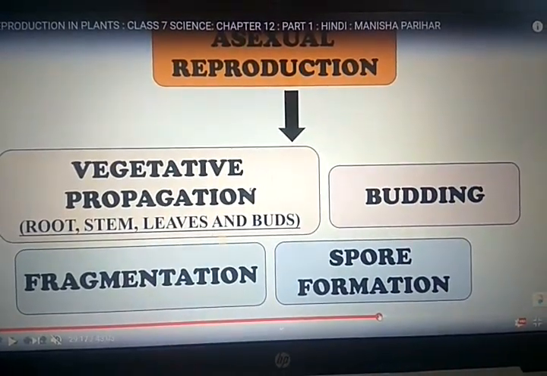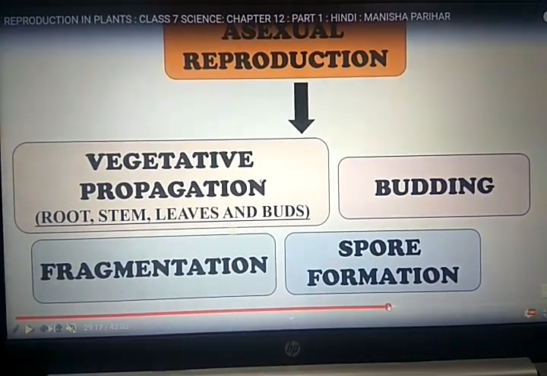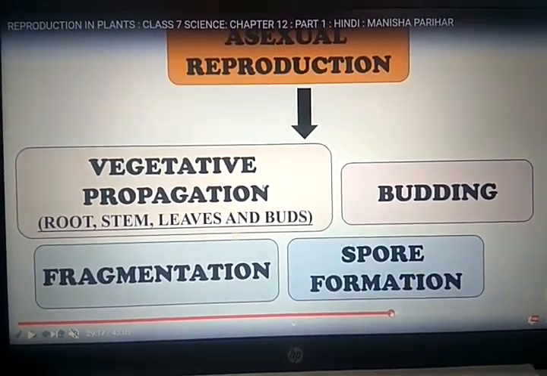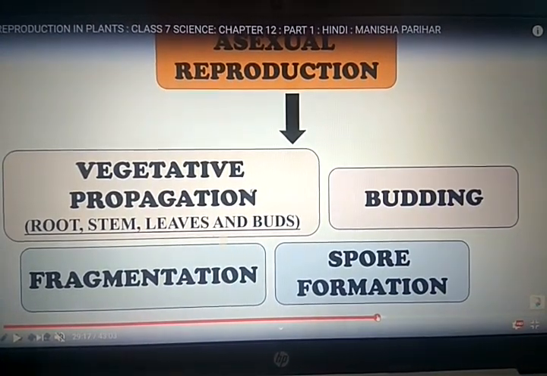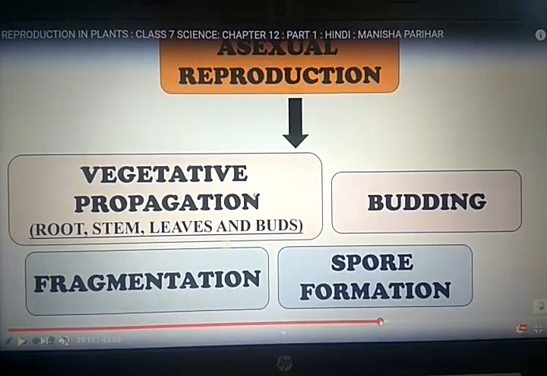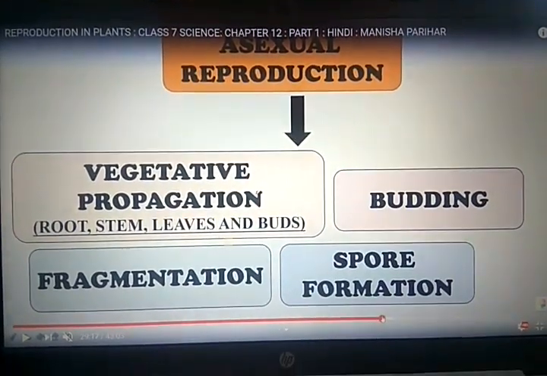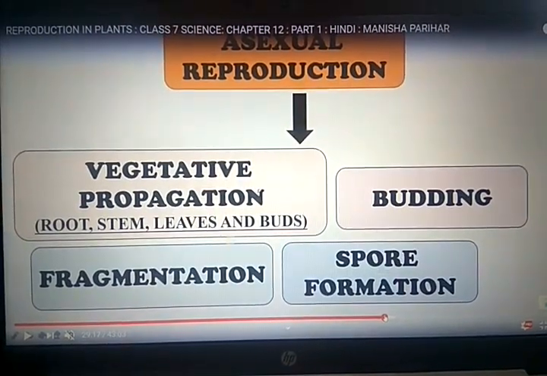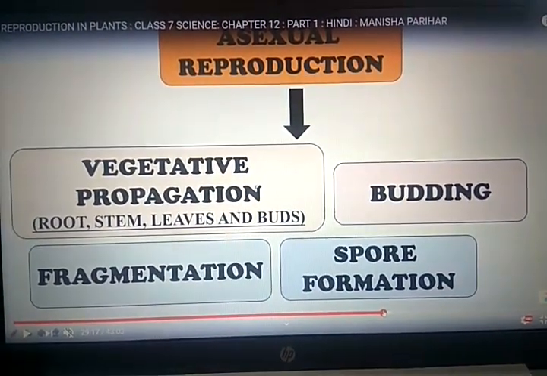So asexual reproduction can be categorized into vegetative propagation, that just now we have seen, through root, stem, leaves and buds. Budding is another type. Fragmentation, another type, and spore formation is another type.